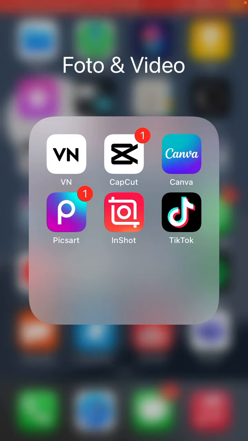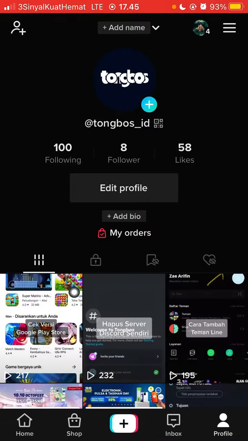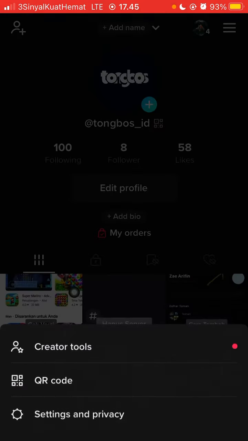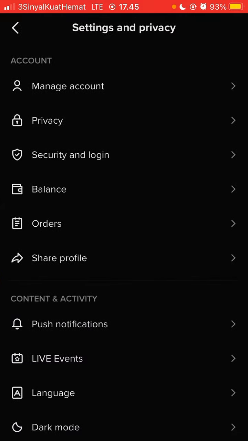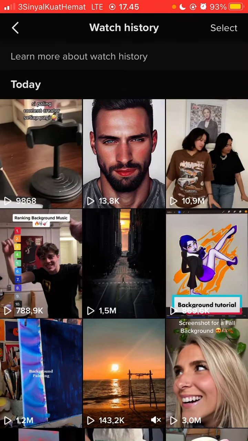Just open the TikTok app and then go to profile and tap on the three lines in the top right corner, select settings and privacy. Swipe up and select watch history, and here appear all the videos that we have watched, and you can click select in the top right corner